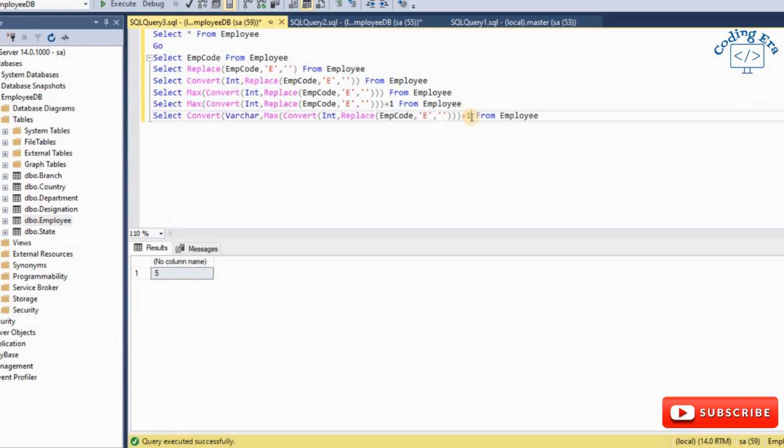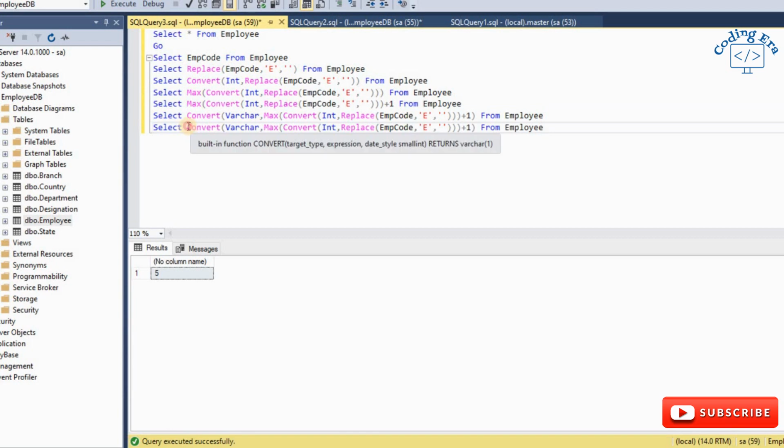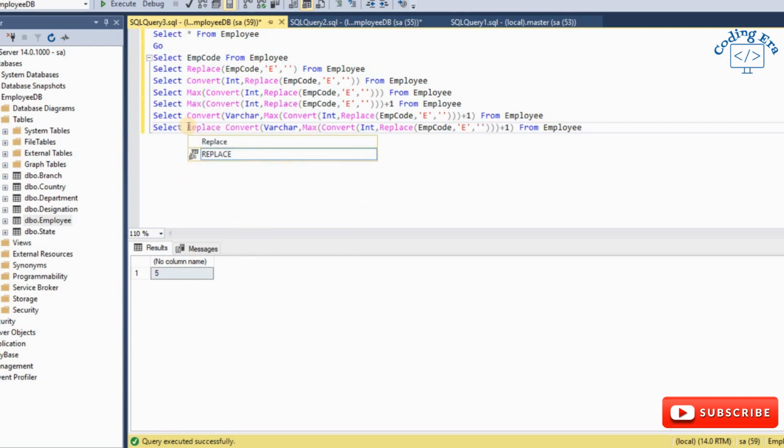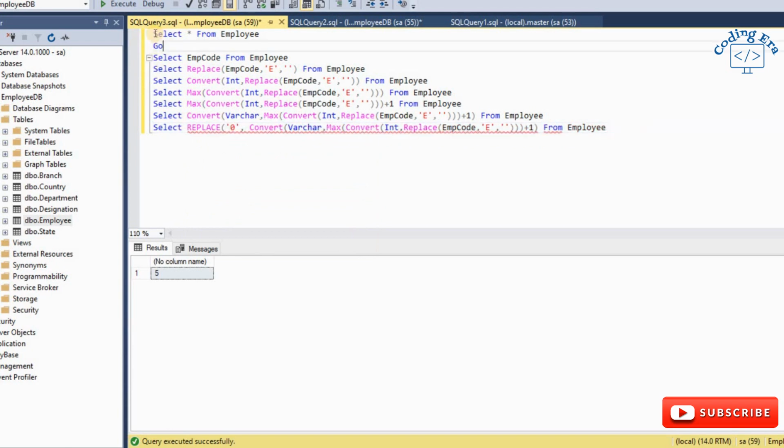So this is the result, and now this value is in data type varchar. The next step is to add 0. For adding 0 I will apply the replicate function, replicate 0. Now how many times?